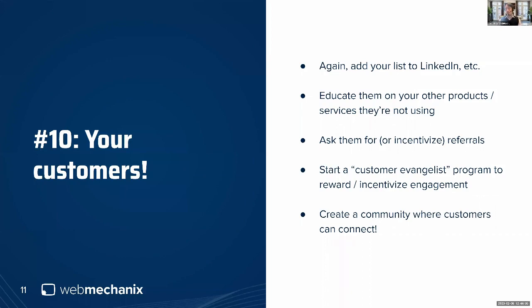Number 10 is your customers. So same process as before, but the reason we want to reach our customers is because our customers can bring us more customers, right? Huge opportunity. They're already using us. Presumably, they're already happy with us to some extent. We already have the relationship. And there's all kinds of things we can do to deepen that relationship and build that relationship, but also leverage that relationship into net new opportunities. So again, add your list to LinkedIn,